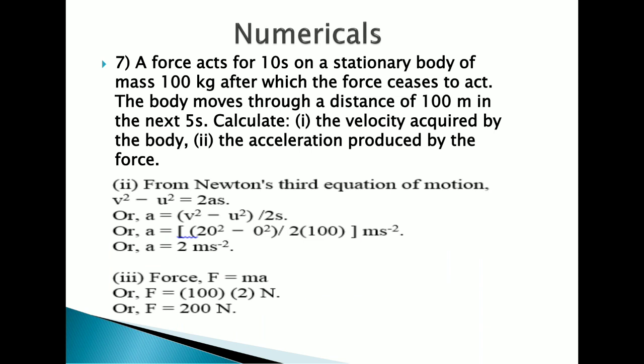Second equation of motion we will use. V square, see, why are we using the second equation? Try to understand. Over here what all terms we are knowing? Here we are knowing distance traveled, we are knowing velocity, initial velocity as well as final velocity also we are knowing. So therefore we are using second equation of motion. Acceleration has to be found, so it will be a is equals to v square minus u square upon 2s. Substitute the values, u is equals to 0. So we'll be getting acceleration as 2 meter per second square.